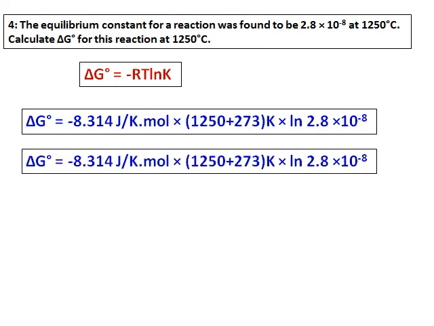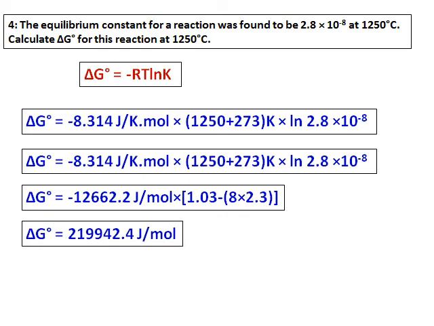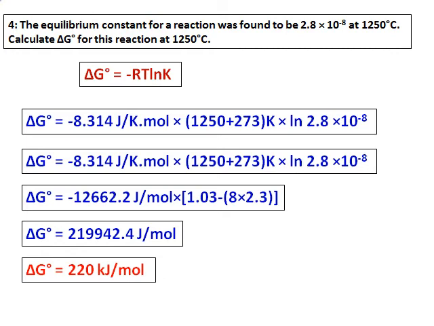This question is given to you because you should be careful with the unit of R. R is 8.314, the units should all be in joules, and the temperature should be in Kelvin. Substitute all the values and get the value of delta G. The unit of delta G you are going to get will be in joules. Convert it into kilojoules and report it.